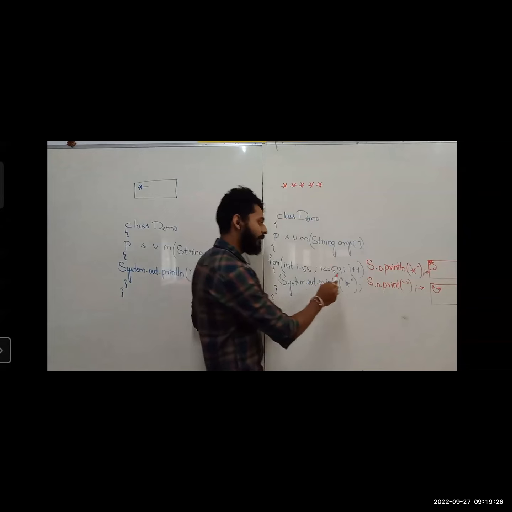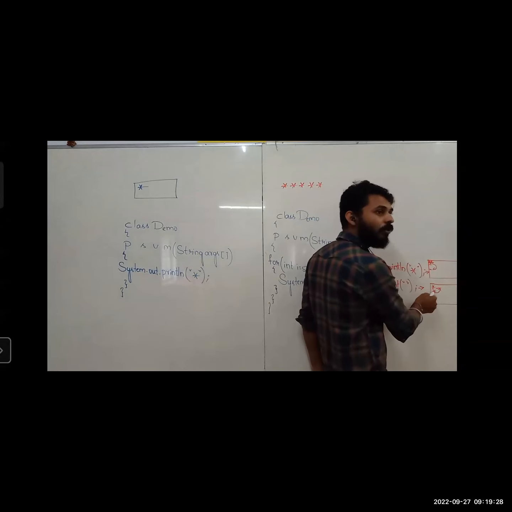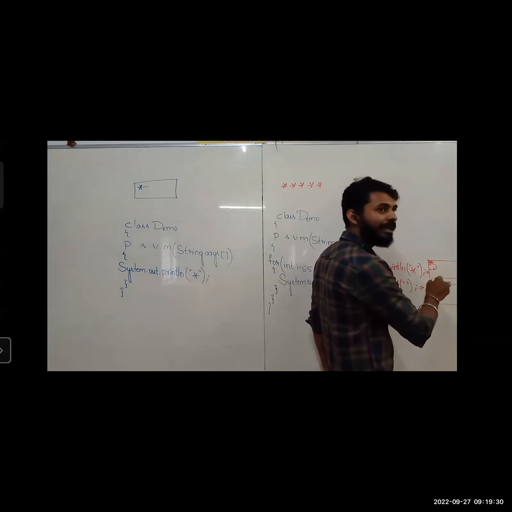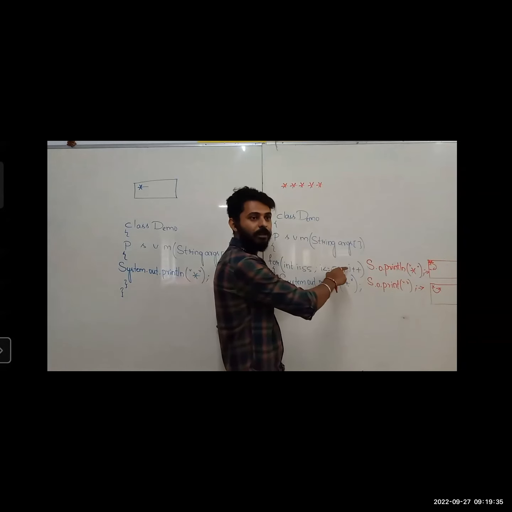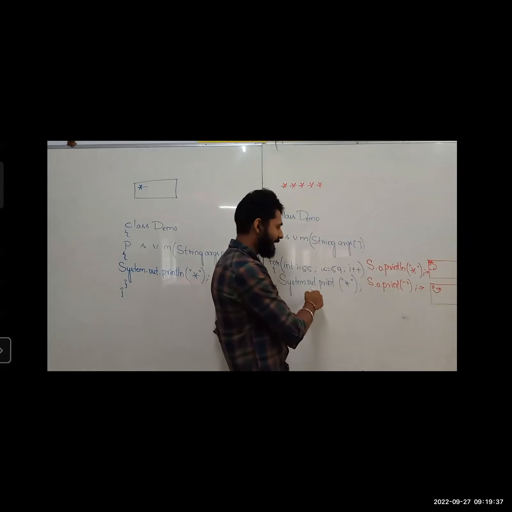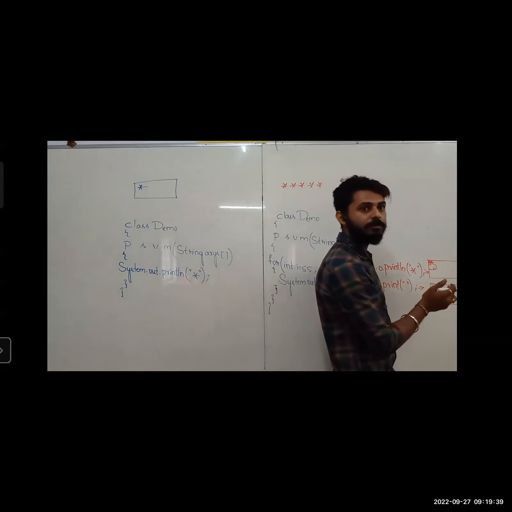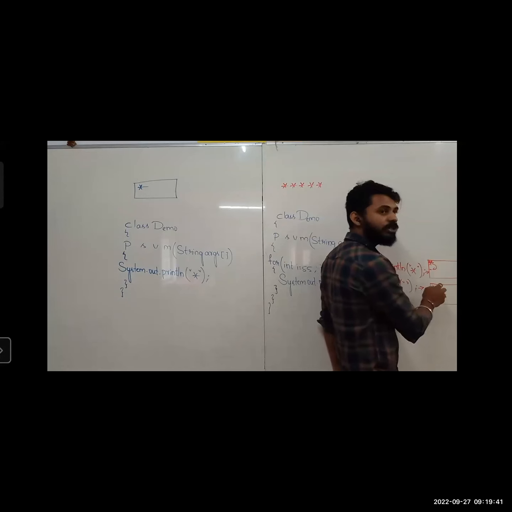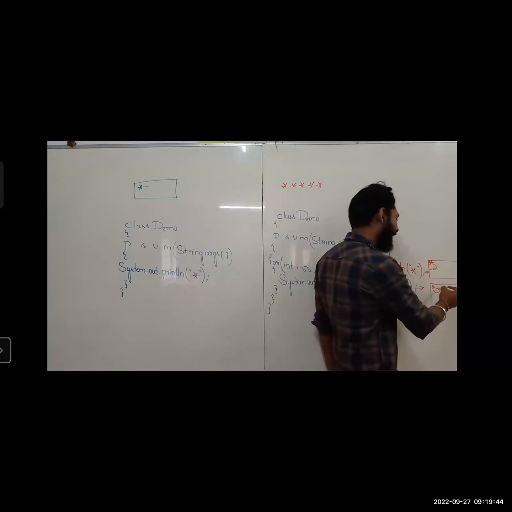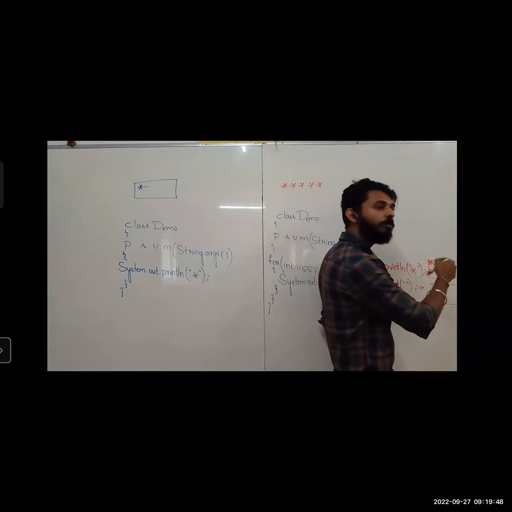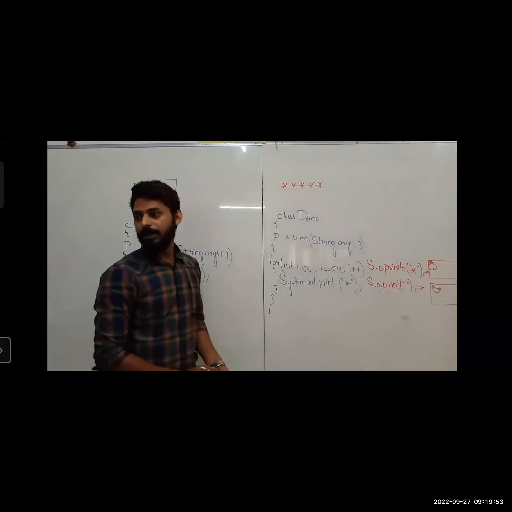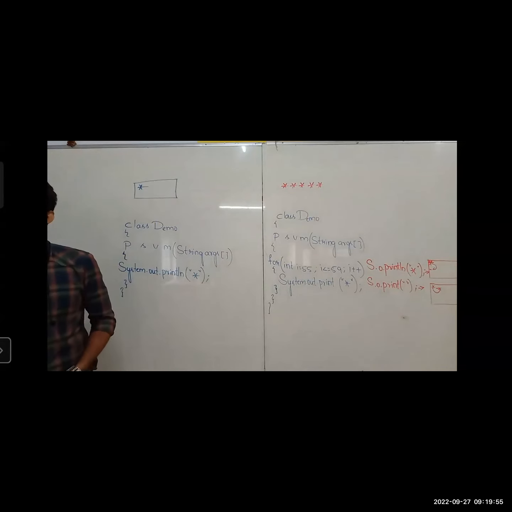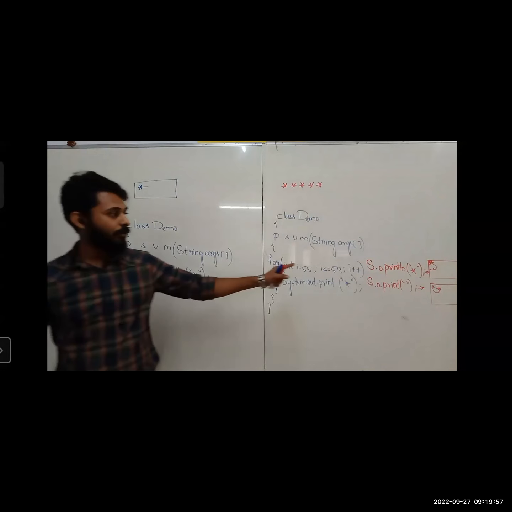So what it will do: first time it will print the star and go to the next position in the same line, increment the I value, and check the condition. If it is to come inside, next time, where is the cursor? In the second position of the same line. There it will print. After printing in the second position, where will it go? The third position of the same line. Getting it? Each and every time it will try to go to the next position in the same line if you are using the second one.